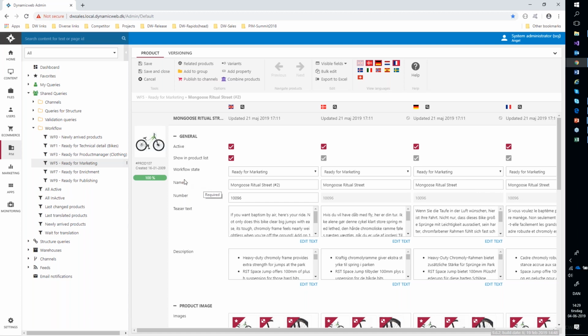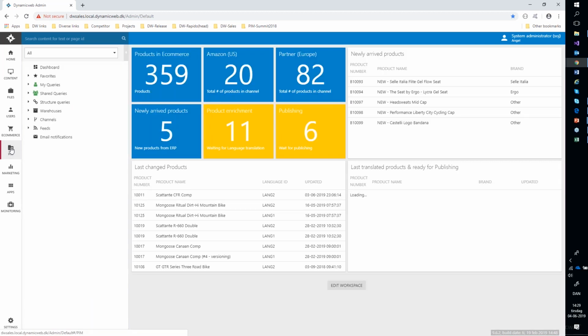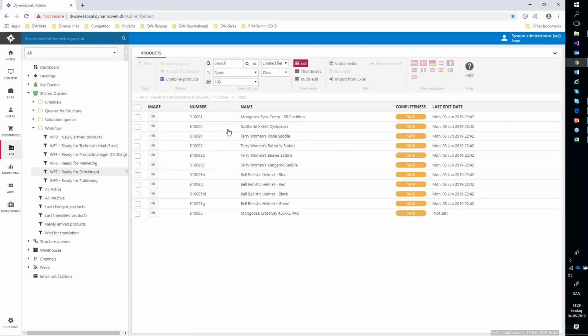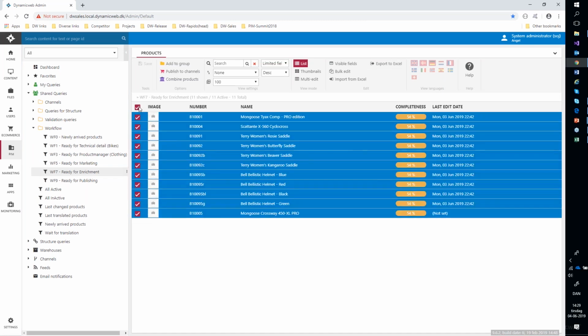Now I'll try to bring you with me on a journey of how you can enrich products. Now I go back to my dashboard and you can see I have one of my boxes here saying product enrichment. Basically, these are products that are coming to a state that is ready for enrichment. So basically now I could take these products and say, well, I need to send out these products to be enriched with the translation at a bureau, and then want to maintain these things in an Excel sheet. So I can just select the products, export them,